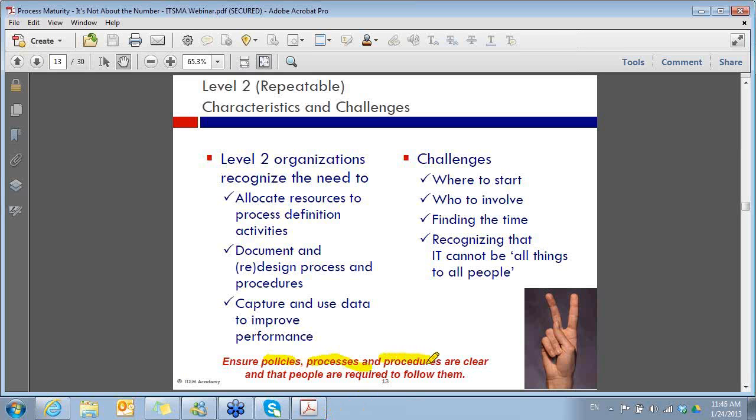One of the questions I am most frequently asked is, can we have multiple change management processes, or should we have multiple release and deployment management processes? And the answer always is no. Process is singular. You should have one change management process. You should be able to agree organizationally on what are the key activities within a change management process and what are the metrics that we need to be producing, right? We should be able to agree on the what. And if you can't agree on the what, you're diving down into too much detail. Take it up a level and get to the point where you can agree on what.